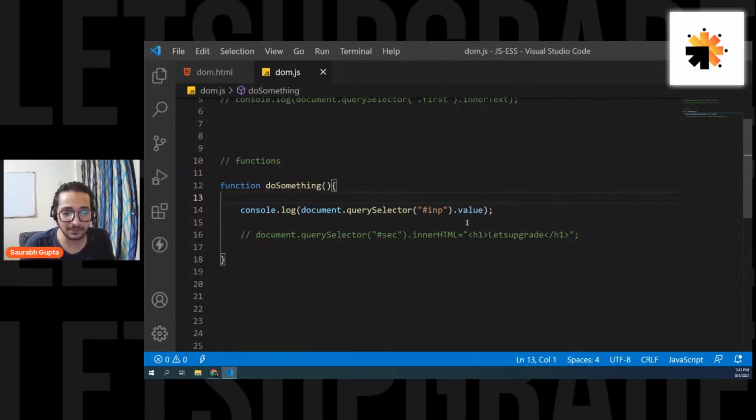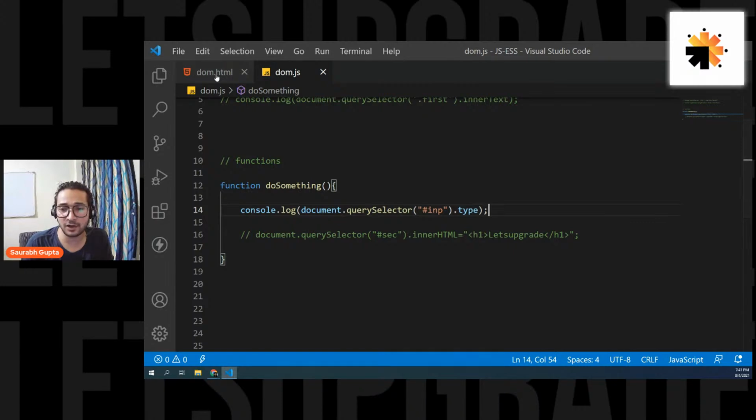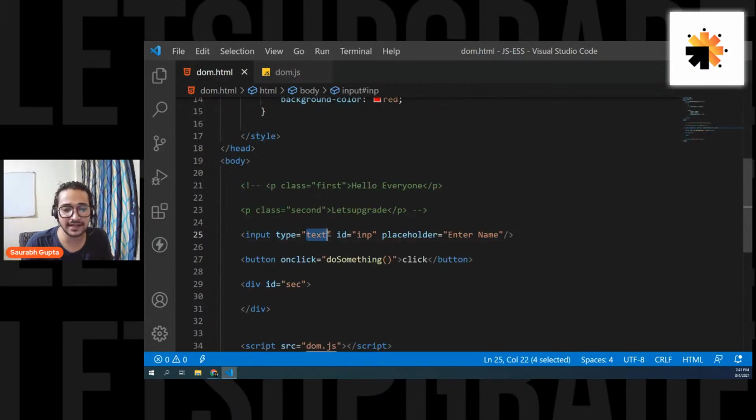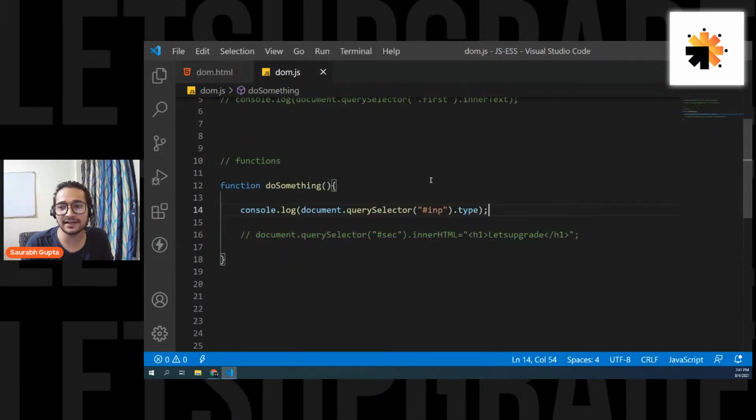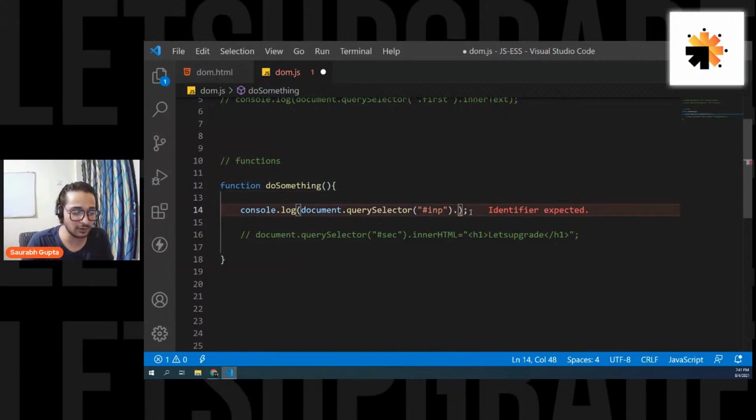And when I say you can put any attribute, you can actually put any attribute. See, I can also show you that. Instead of this, put the type attribute. I'm fetching the type attribute now. What is the value of the type attribute? See, guys, it's text, right? Let's see, do we get the text? Here we go. We get the type attribute's value: text. But we don't need the type attribute. We need the value attribute.